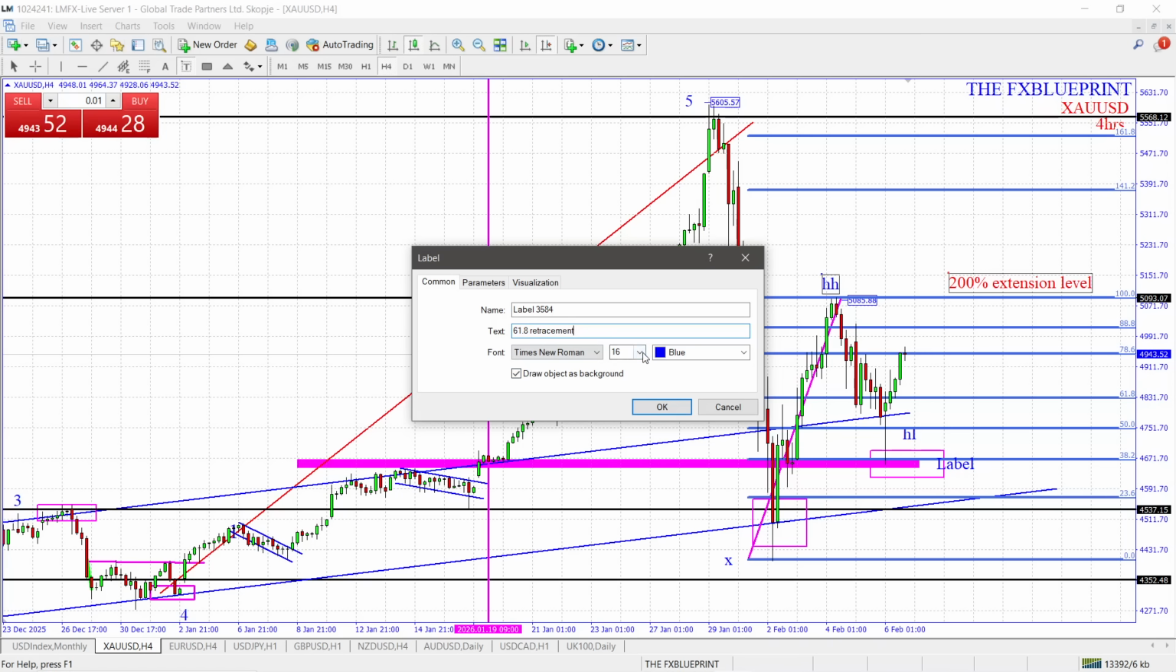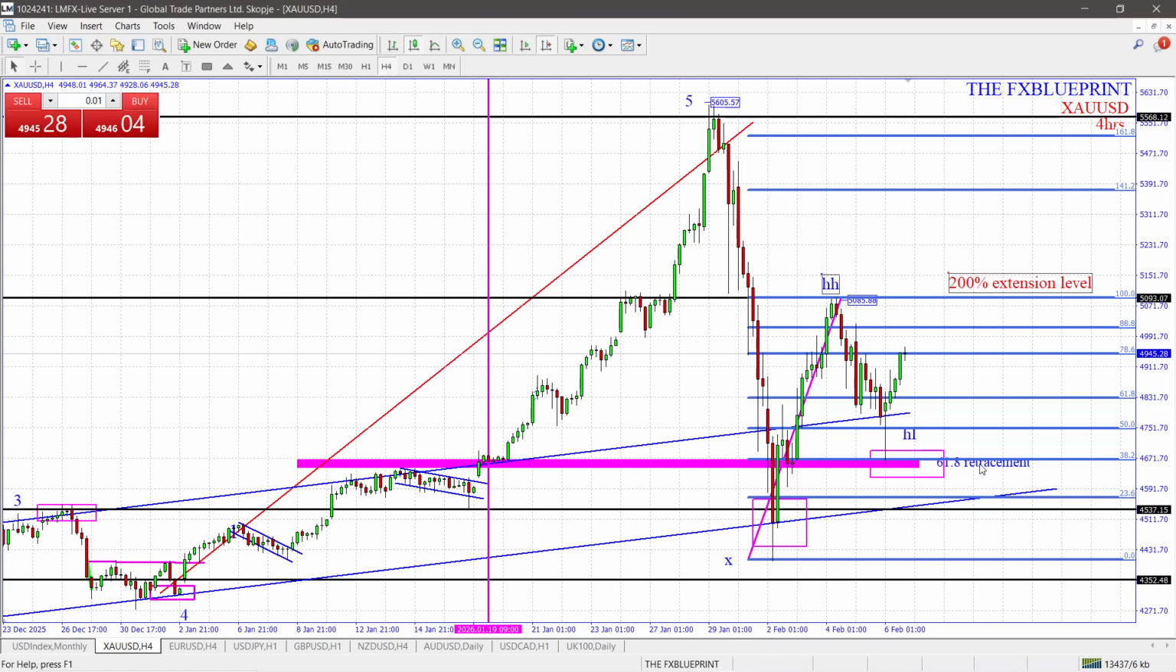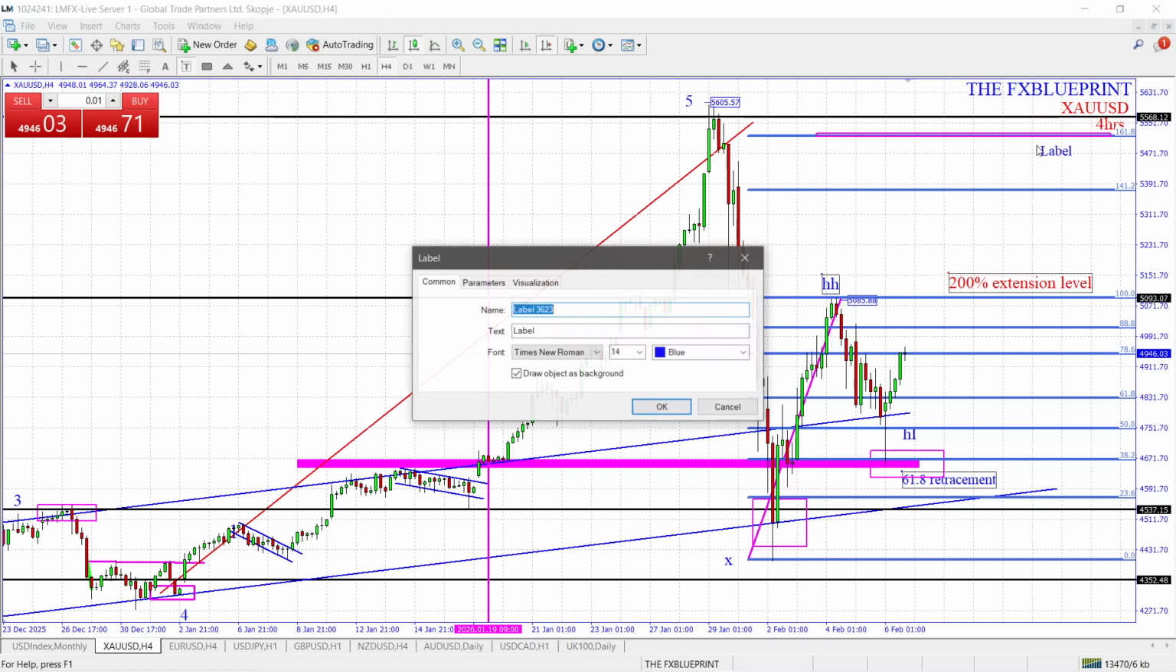So we said that was a 61.8 retracement. And then the extension of it would go all the way. We anticipate it's going to go all the way to 161.8, doubling its distance, right? So what we're going to do is say, okay, let's get a text instead so it can stay there. We're going to say this is now just 161.8